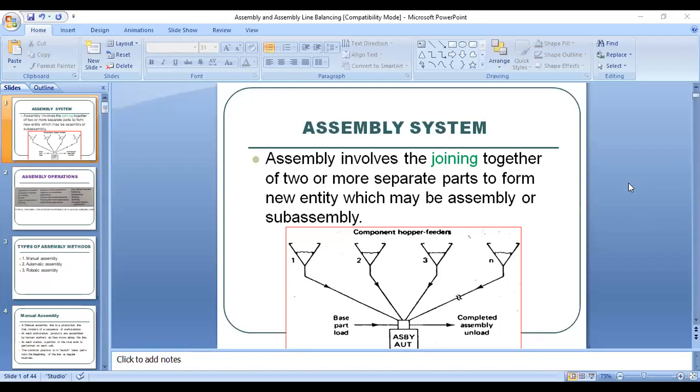You see, assembly systems. This is the continuation of your third unit, right? We have seen transfer lines in the first part of the third unit. Those are basically sequences of workstations kept for dedicated operations performed one after the other, so that at the end of the line you will have either a subassembly or an assembly, right? But transfer lines focus on processing, like sheet metal forming, extrusion, turning, milling, etc. All those are processing operations.